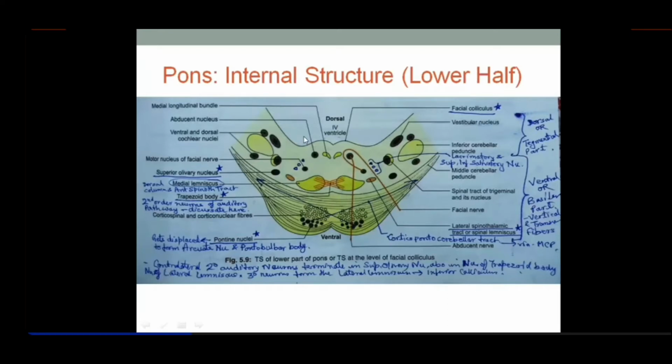You can see that this is the fourth ventricle, right? It's open on the dorsal side. So if the ventricular system is not covered dorsally, it is exposed, and that means this section is from the lower section of the pons, because the upper portion of the pons is covered by the superior medullary velum.